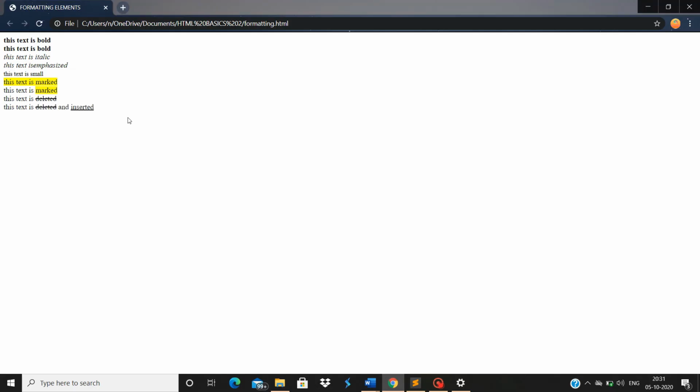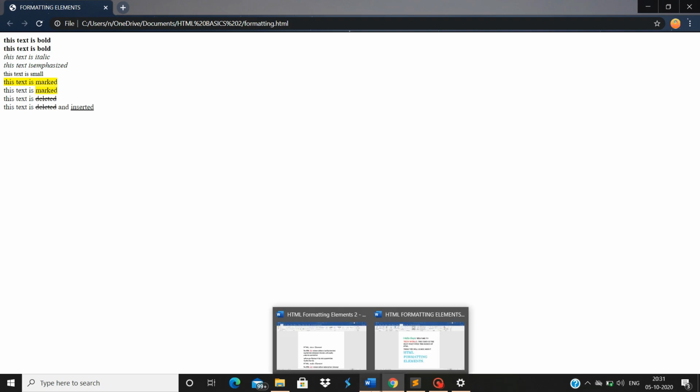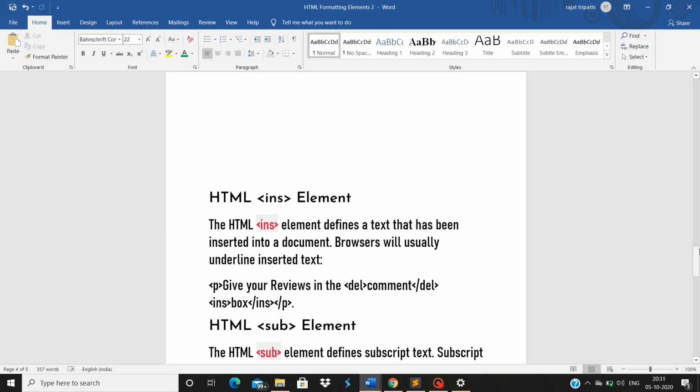See, so the inserted tag just underlines the particular text. You can see what is different from the delete element or the del element.